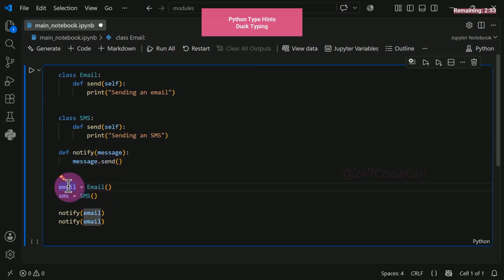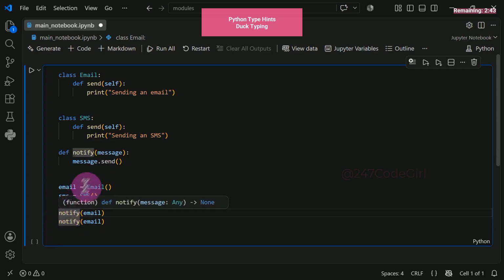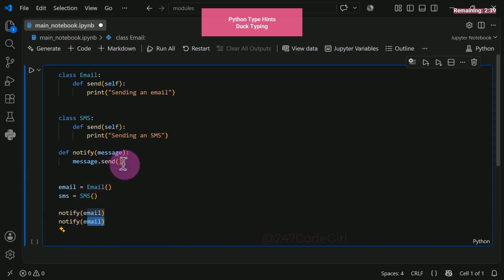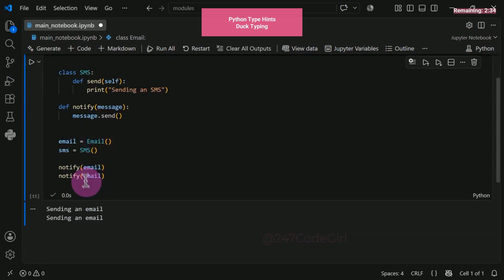Here, we declare a variable for email, create a new instance of the email class, then do the same for SMS, a new instance of the SMS class. The goal is for the notify method right here to call the send method on both of them. So we never have to type it out manually each time. It removes repeated code entirely. When we run this, the notify function executes, passes the email in, calls send on it, then does the same with SMS. Now here is where it gets interesting.